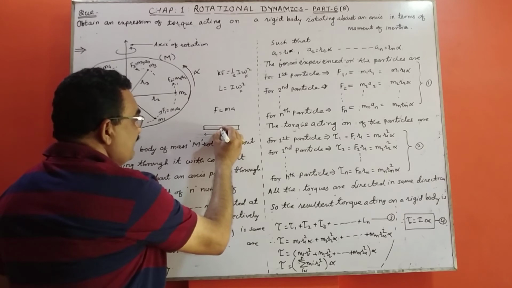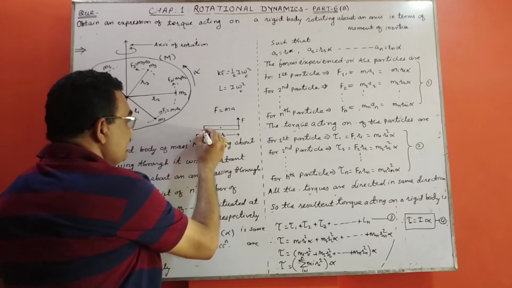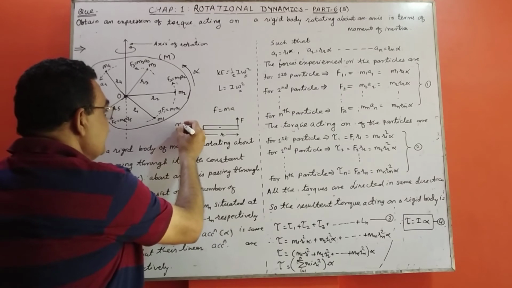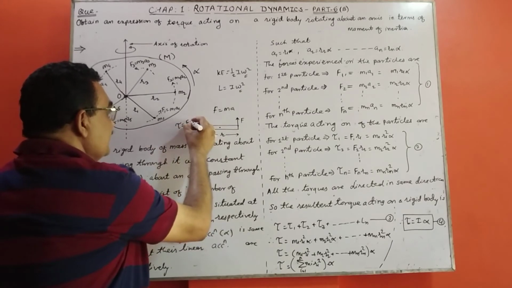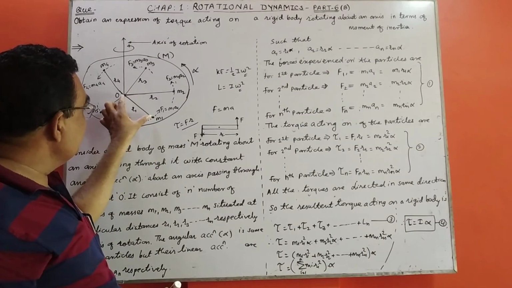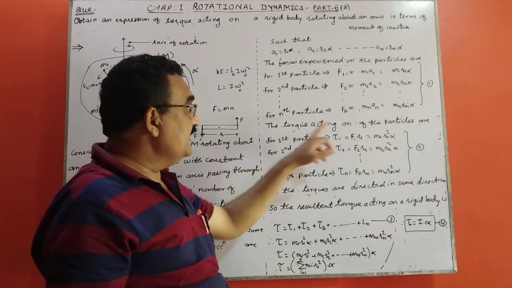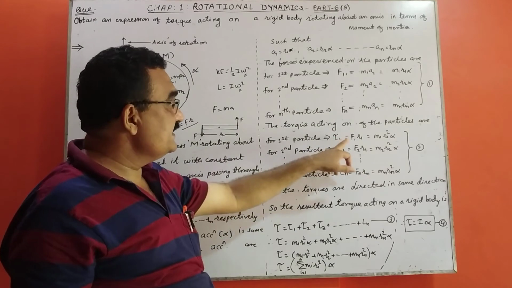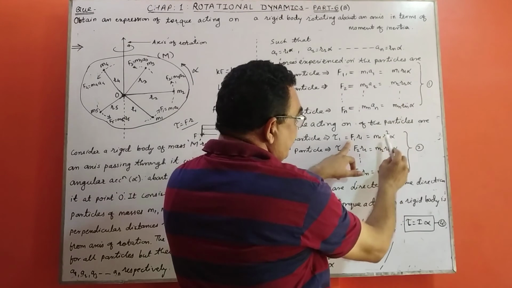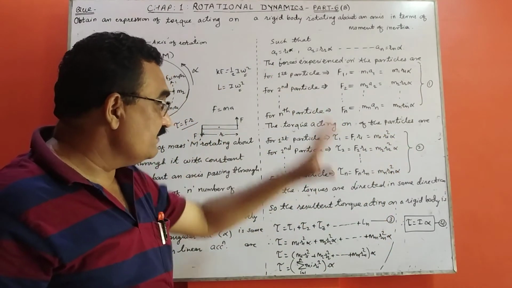and here we rotate this body about this point by applying force F here and another force here, two opposite forces acting on the body. Then the body rotates, and at that time the torque is given by the magnitude of one of the forces into the perpendicular distance between the two forces. So on this particle these forces act, so there is formation of torque, and torque is given by F into R, so it is F1 R1, F2 R2. Then put the value of F1 here: m1 r1 alpha into r1, meaning m1 r1 square alpha. In this way we can write the individual torques acting on the particles.